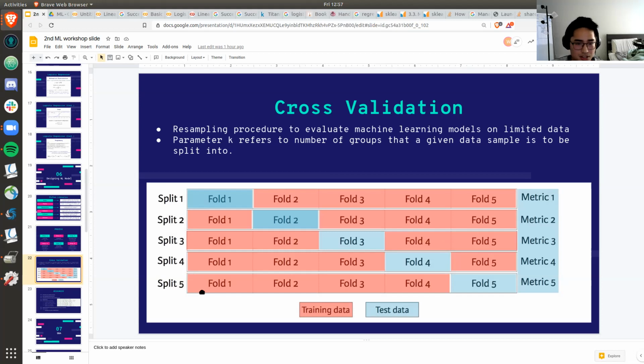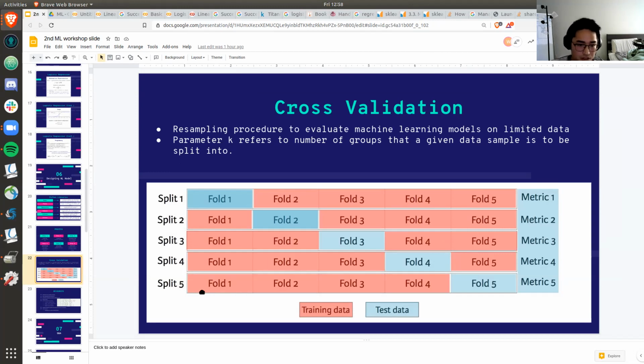And what it does is that your machine learning model will go through all these different splits. If it goes into the first split, it'll use all the training data in fold 2, fold 3, fold 4, and fold 5. The model will learn from that training data, and then it will be evaluated on the test fold and output a metric, basically the accuracy.